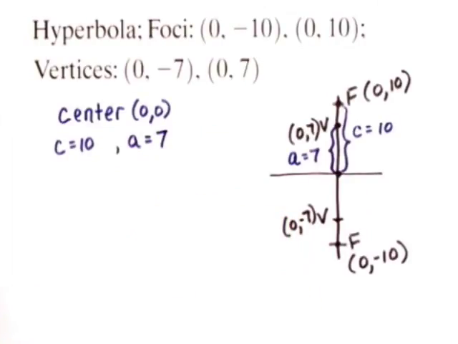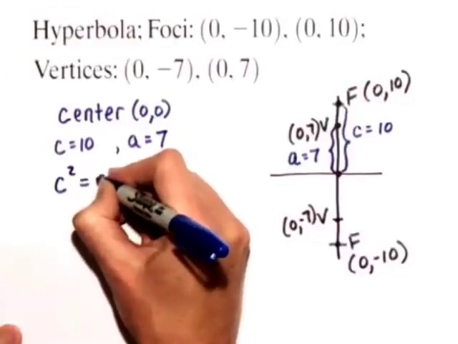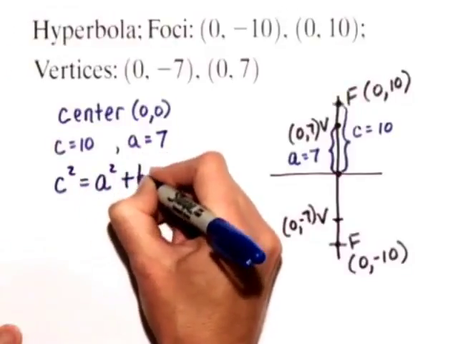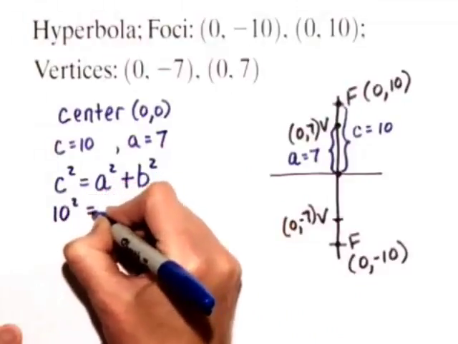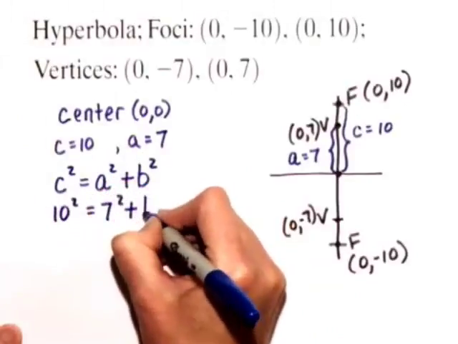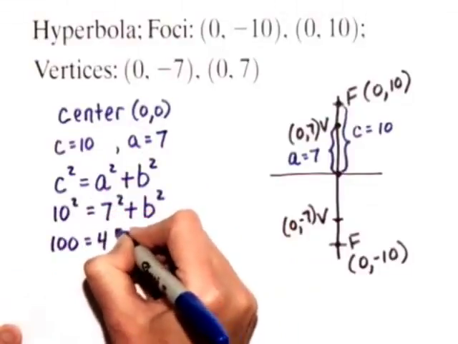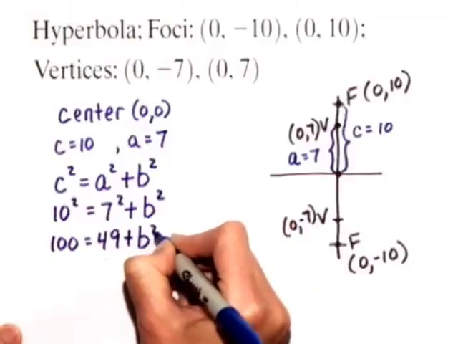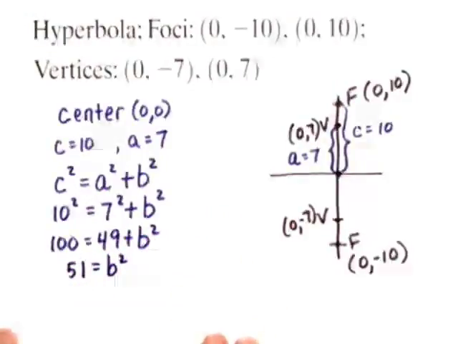Remember, for the standard form of a hyperbola, we also need b. So in a hyperbola, c squared is equal to a squared plus b squared. So we have 10 squared equals 7 squared plus b squared. 100 equals 49 plus b squared. So 51 is equal to b squared. Now we have all the information that we need in order to come up with the equation in standard form